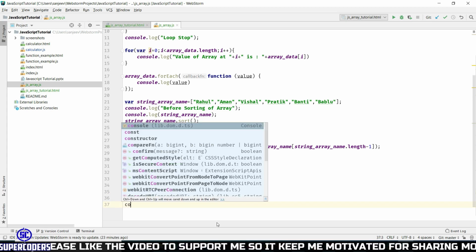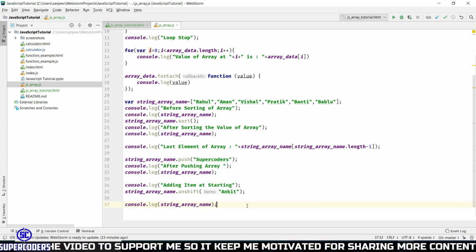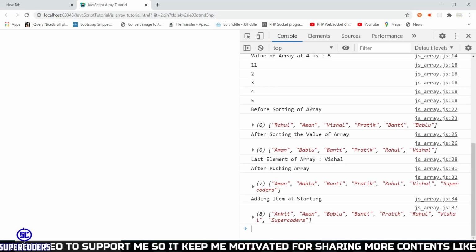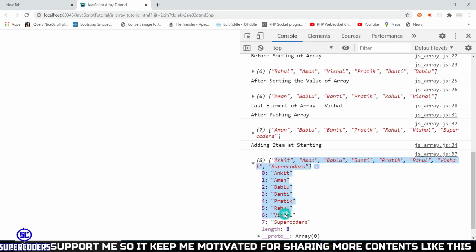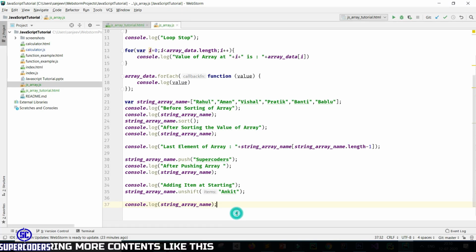Now let's print the data again, console.log string array name. Run the file again. So you can see Ankit is inserted at position 0, which is the first position. So in this way you can add an item in array at first position, and also you can add an item in last position using push.